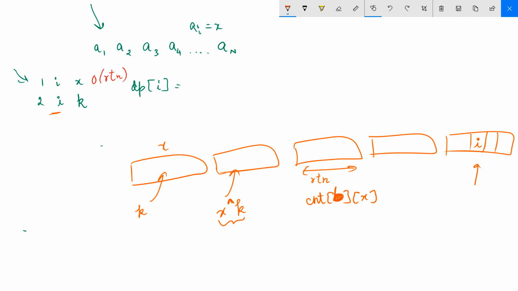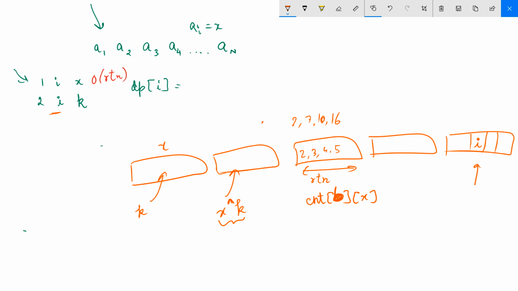When I say occurrence of x in a bucket, I'm trying to count the occurrences in the dp array, not the regular array. So if this bucket has 2 3 4 and something 5, let the dp table be 2 7 10. I'm just taking random values, it's obviously not this 16.